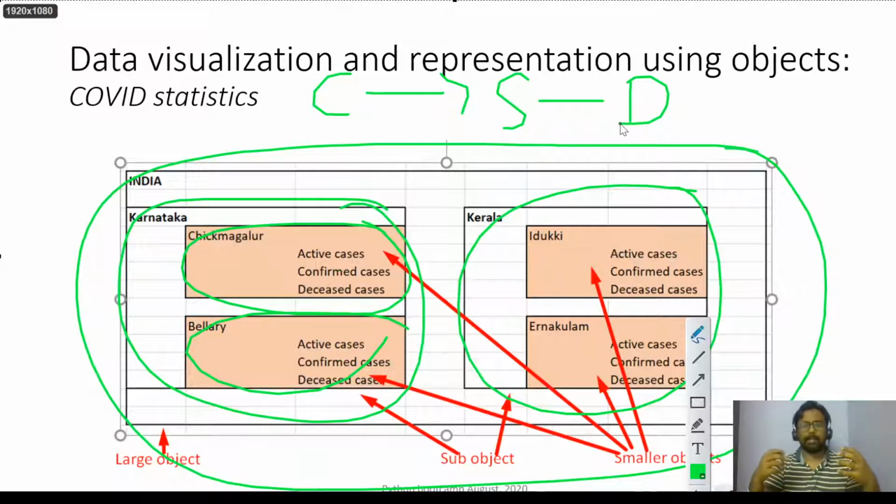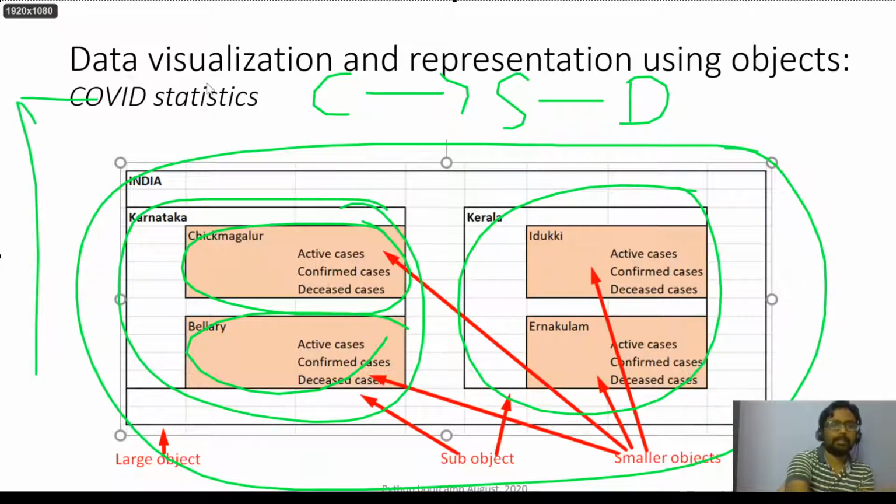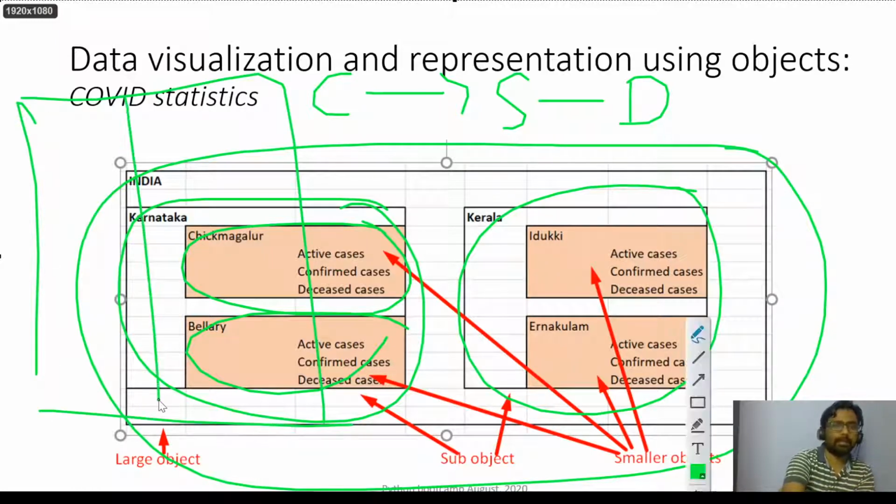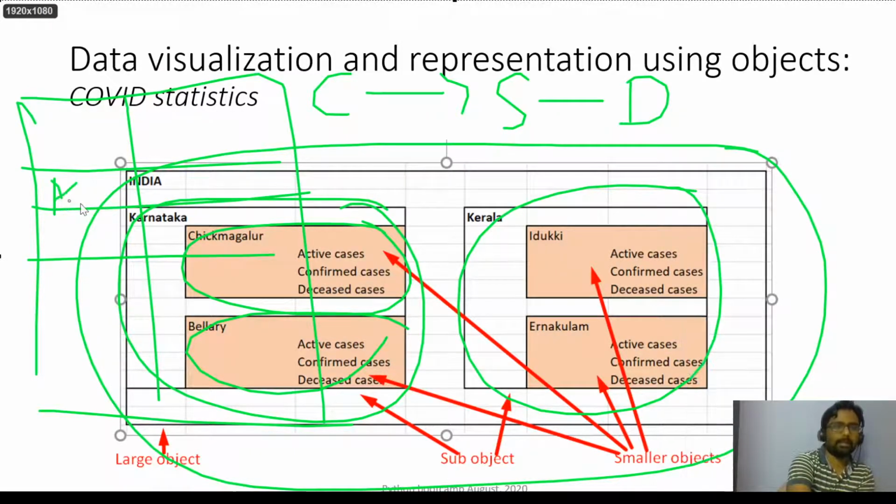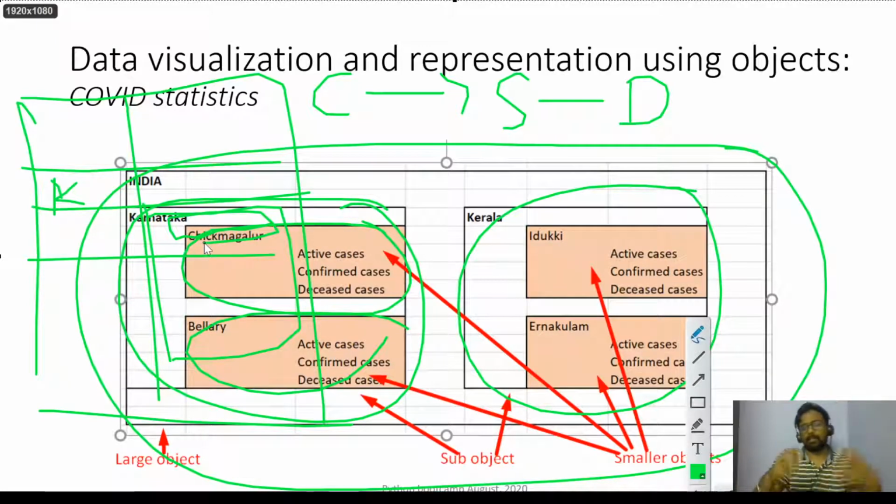So this hierarchy, how do we represent it in an Excel sheet? Since we are used to Excel sheets, you can simply make a table, something like this, an entire India table, and then you can put Karnataka here, and then maybe a new tab here, and inside that district names and things like that. So it is easy to visualize in the format of Excel. But